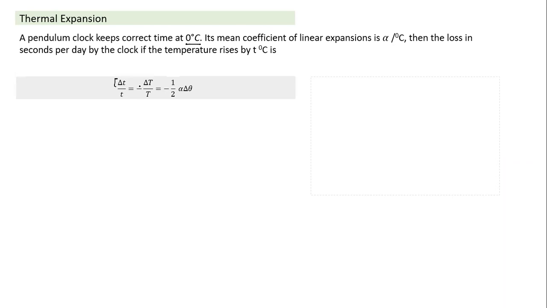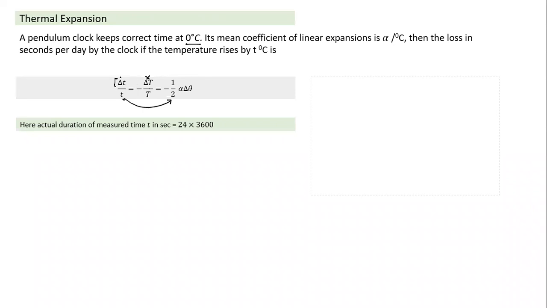This ratio is an intermediate value, we don't use it directly. I write it here only to understand where we get this expression from. From delta T by T, I get this expression, and this is the relationship we use. This is how these two are related with temperature. Let's now write this expression, which is a very simple one. So the actual duration measured in a day, T value here. What is the duration?